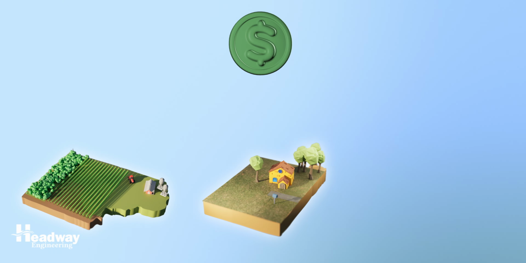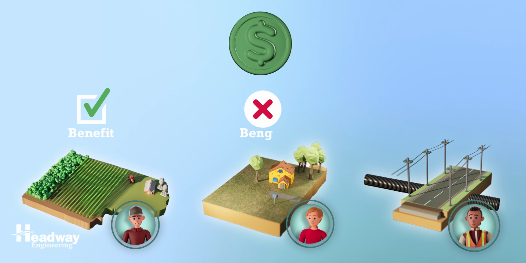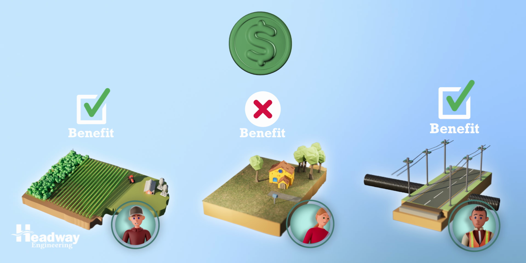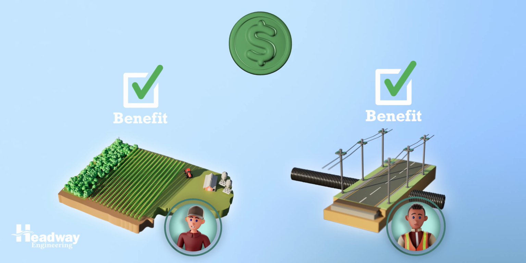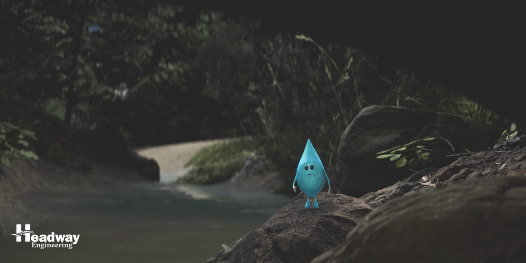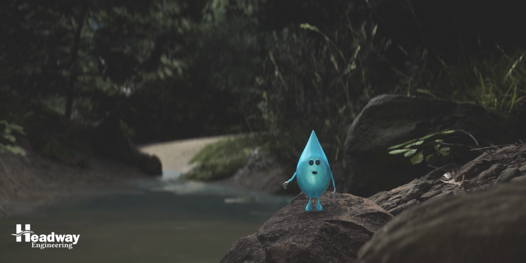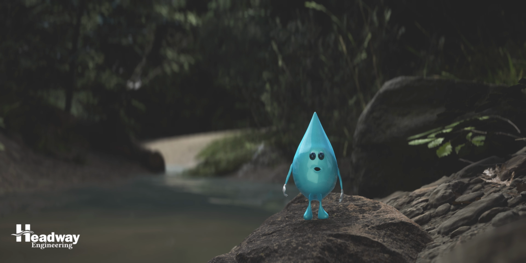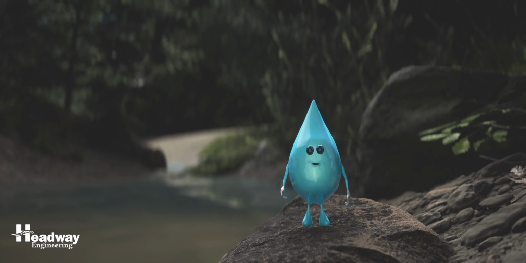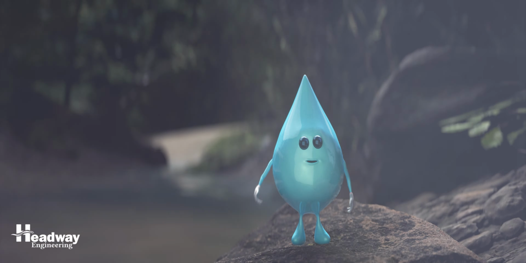If a section of land will benefit from the drainage works, the landowner will chip in more than those whose lands won't directly benefit. Within that group, those who benefit more will also pitch in a greater amount than those who don't benefit as greatly. Figuring out who will benefit and by how much is a huge challenge. At Headway, we use an assessment method that is rooted in science and technology to ensure fairness and accuracy every step of the way. It isn't a gut feel calculation.